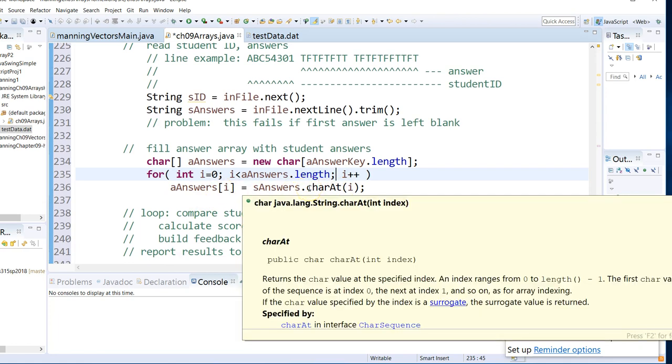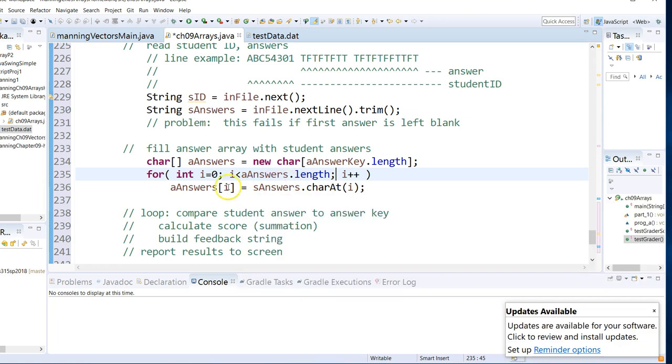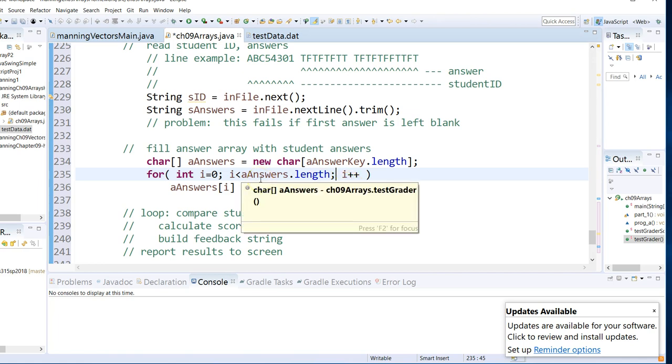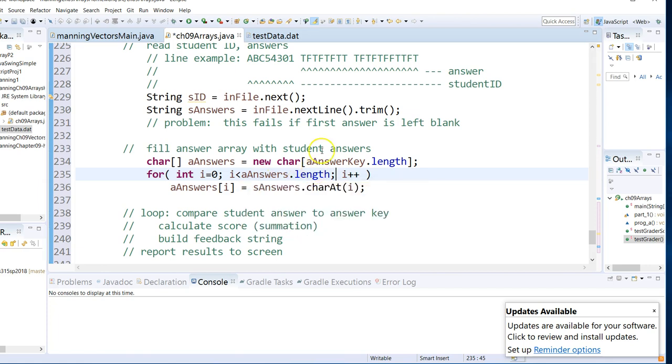I read the character at each line. Now, I'm not doing any error checking here yet. I'm assuming that the length of S answers is greater than or equal to the length of my array. If for some